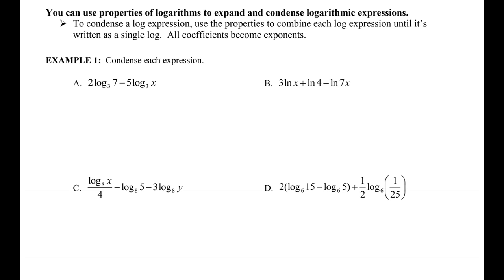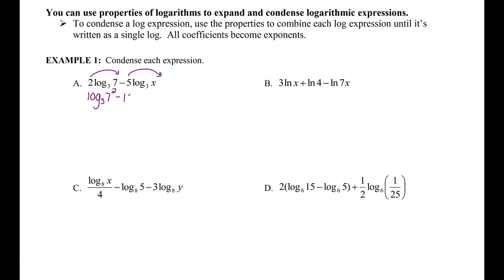Today we're going to be talking about condensing logarithmic expressions. So to do this, we will be using the properties to combine each log to be written as a single log, remembering that all of the coefficients are going to become exponents. Since that was the last step when we expanded logs, it'll be the first step when we're condensing logs. So I'm going to start by moving all of the coefficients to become exponents. So we get log base 3 of 7 squared